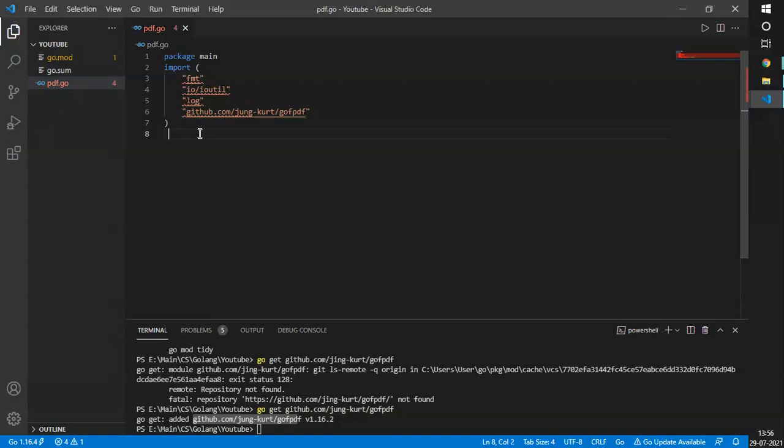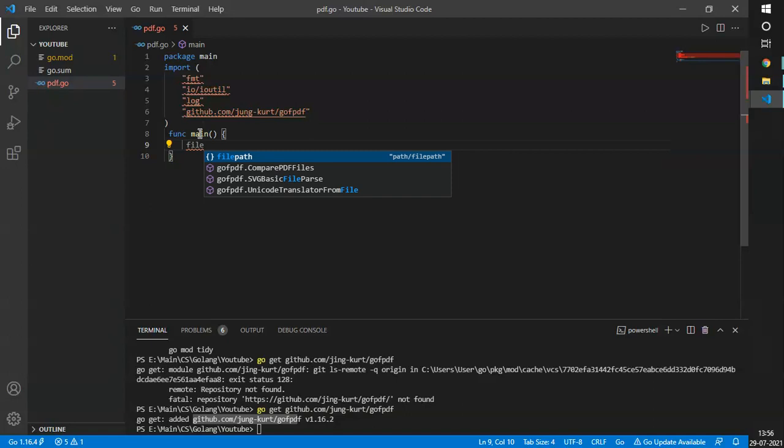So moving further, let's just begin with our main function. Let's initialize our file. Let's just name it file only. And the data we'd be feeding in would be from a file named test.txt. This is the text file which we are going to be converting in further code.